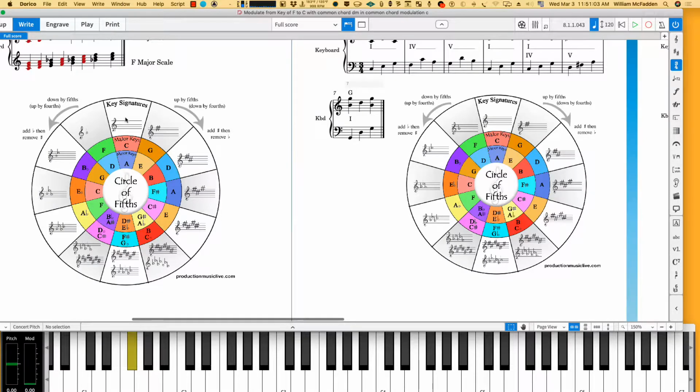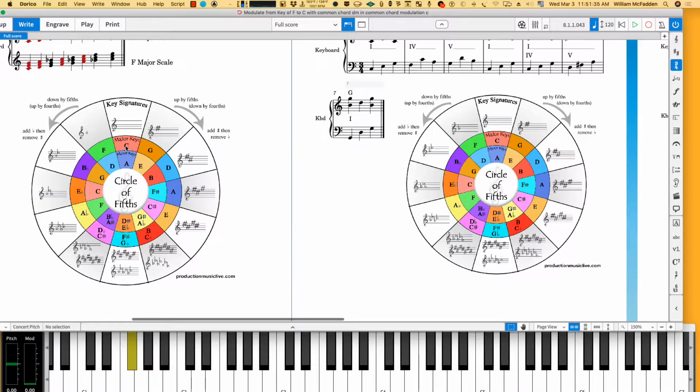Closely related keys are those that are very similar in terms of their key signature. And then when we go from, let's say, C to F, there's only 1 flat difference away. So the further away they are in the circle of fifths chart, the fewer chords they will have in common. So it turns out going from, say, C to G and C to F are the most closely related keys